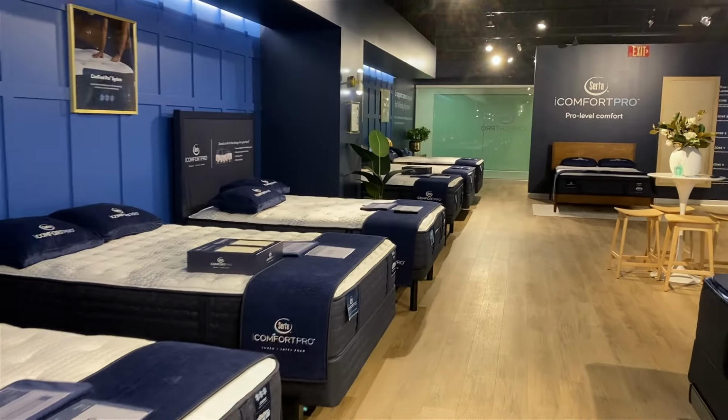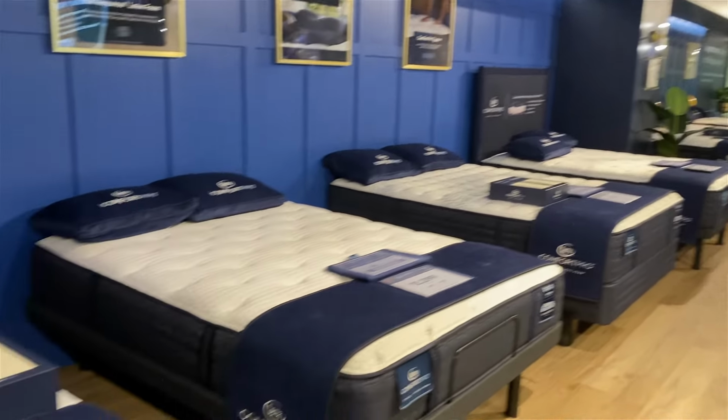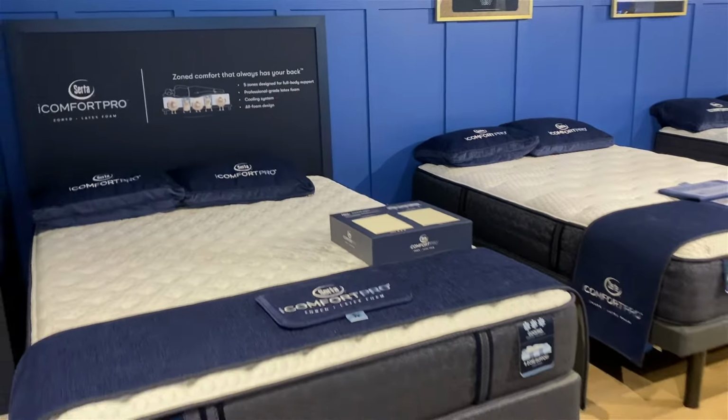And to the extent that these mattresses do share a lot of common components and construction, I think you will be able to still find this relevant, even if it's one of the other 6 mattresses in this collection that you're really focused on. So now, if you have never seen one of our videos before, the first thing that